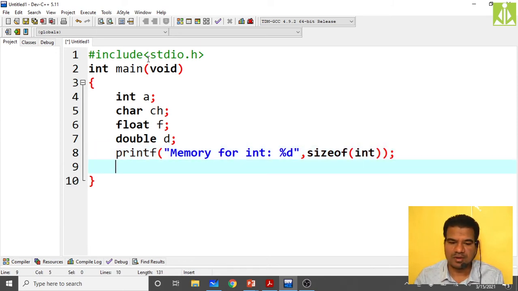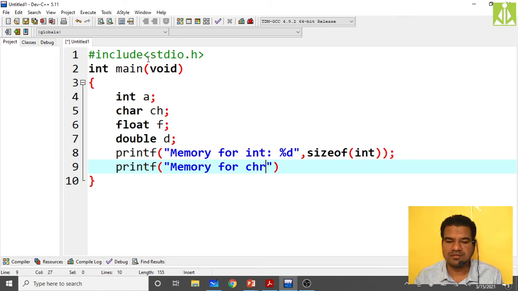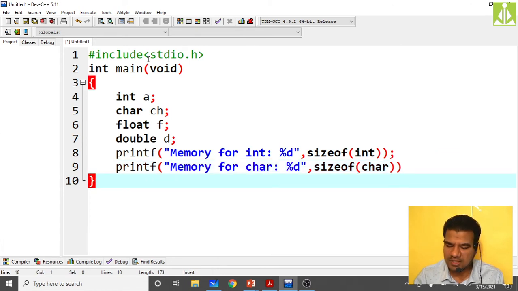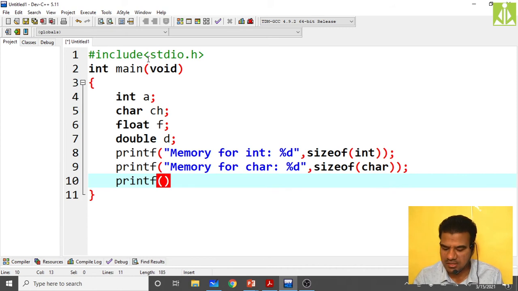The sizeof operator will print how many bytes you need for storing an integer, and the same thing for a character, sizeof(char). It returns the number of bytes needed to store a character, an integer, likewise.